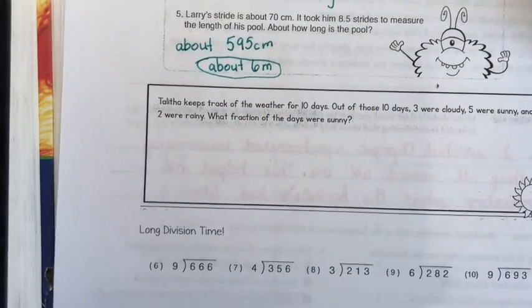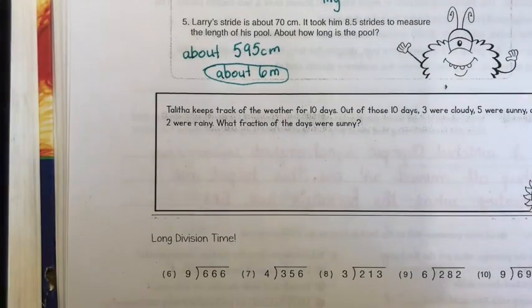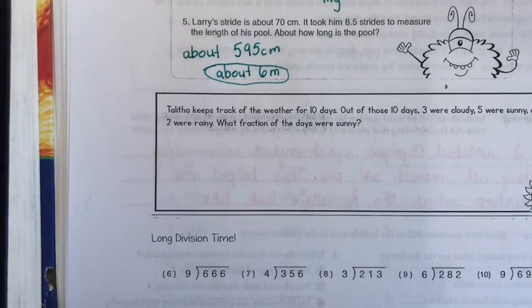Okay, Tabitha keeps track of the weather for 10 days. Out of those 10 days, 3 were cloudy, 5 were sunny, and 2 were rainy. What fraction of the days were sunny? Now, we've been practicing this, parts of a set, right? She kept track of the weather for 10 days. So we know that our denominator, our bottom number, is going to be 10, right? Cloudy was 3 days, sunny was 5 days,